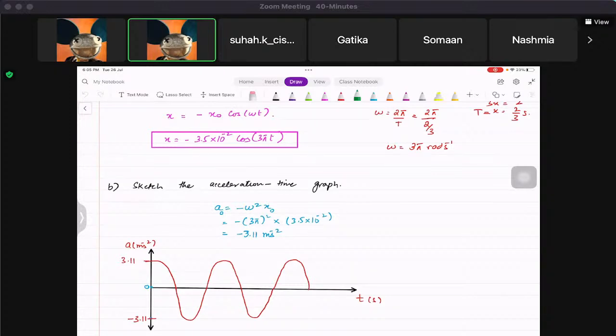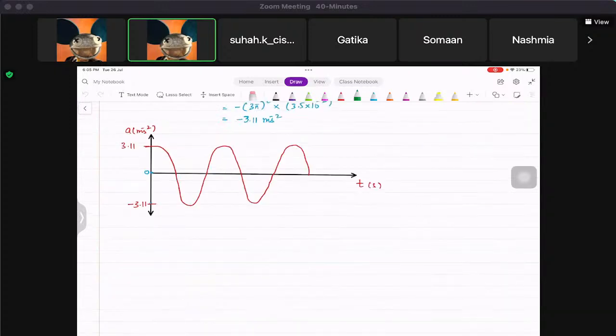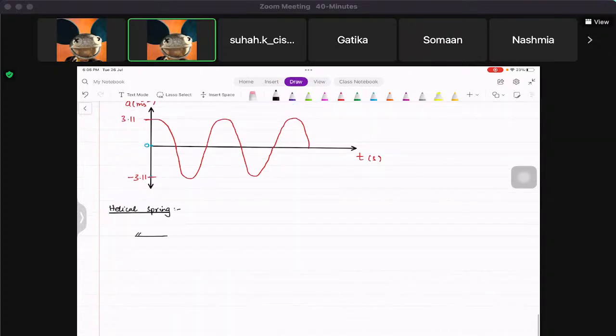Now, we're gonna go a bit forward, and we're gonna look at two different cases of motion in SHM, right? Now, you don't really need to remember how I'm deriving these equations, but it's better that you remember the final form, basically. So helical spring basically is the normal spring that you see every day,